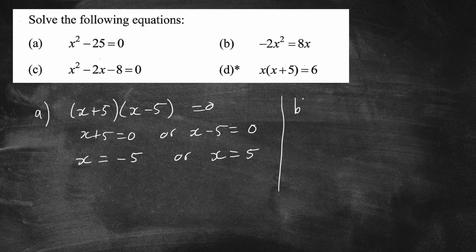Now, this is the other thing. When we do quadratic equations, if we go back to the original principle, we want factors to equal to 0. So we want to take all the terms to the one side. So if I have minus 2x squared minus 8x equals to 0, got all the terms on the one side